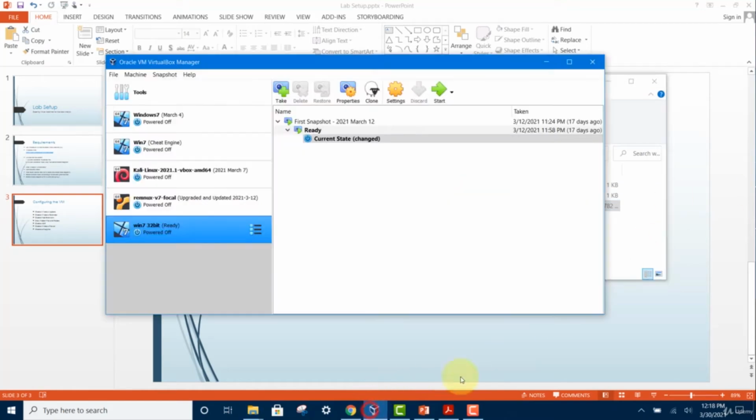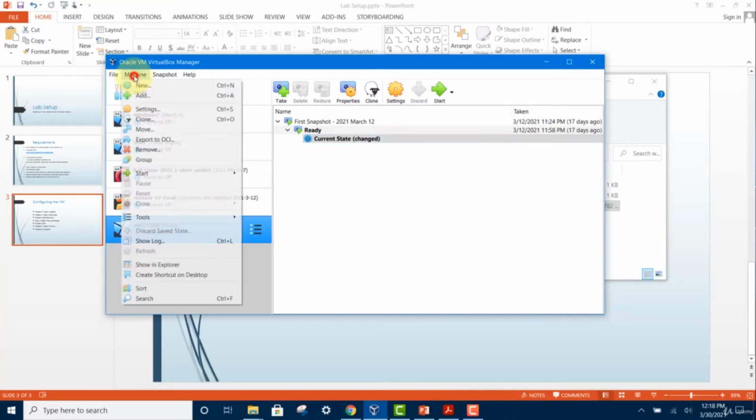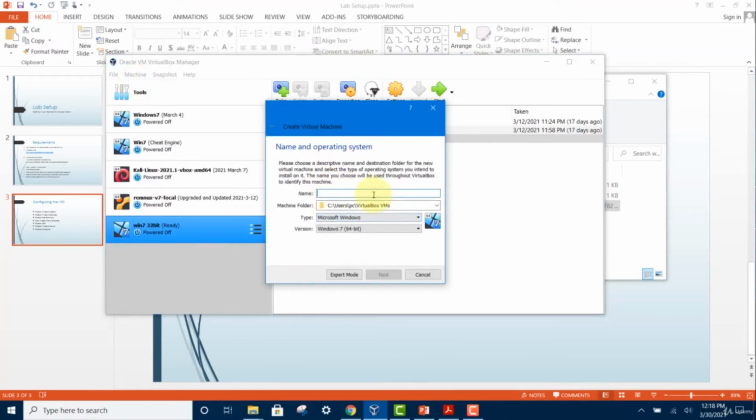And now we are going to go through the process of creating a new virtual machine. Click on machine and then click on new. And over here, give a name for it. Call it Windows 7 Ultimate SP1 32-bit. And then you can leave the machine folder default as it is, and then go here and look for the settings. Make sure it's selected as Windows 7 32-bit,